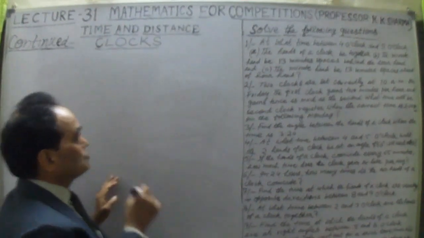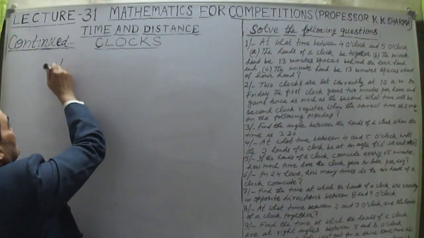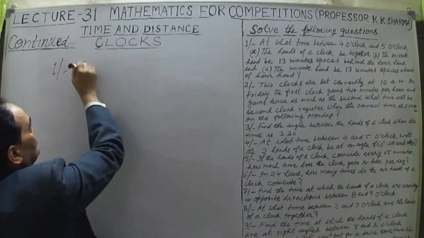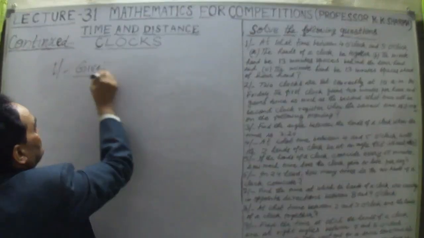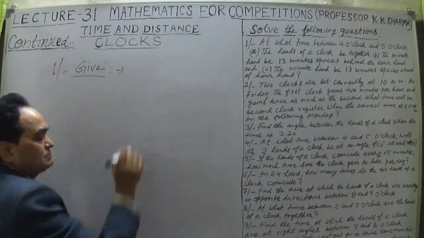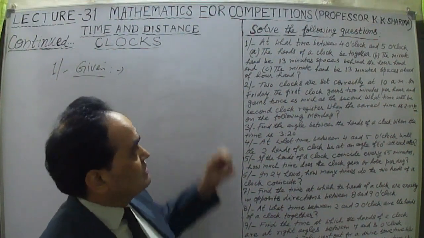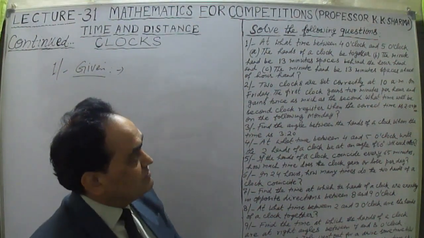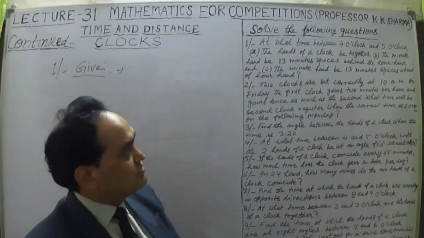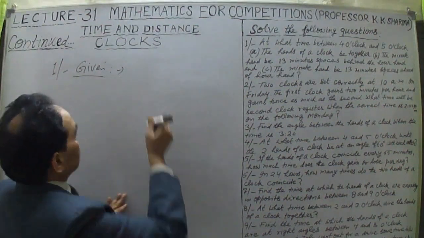Now come to the point. Question number 1. What is given to us and what is to be found out? Because only the questions will tell you how the questions are solved. Now, at what time between 4 o'clock and 5 o'clock is it given